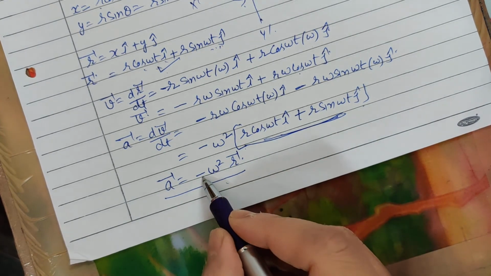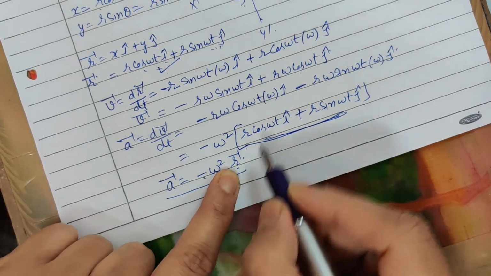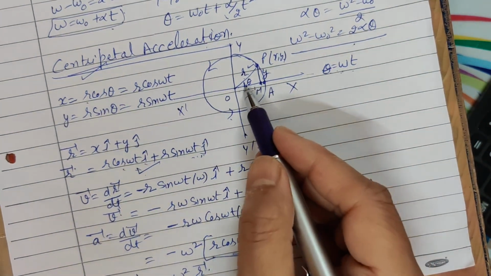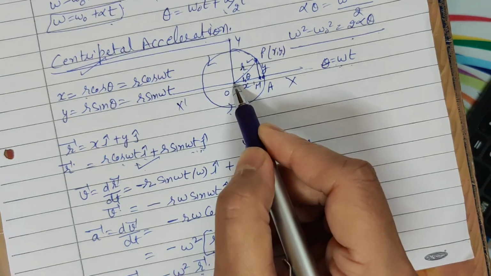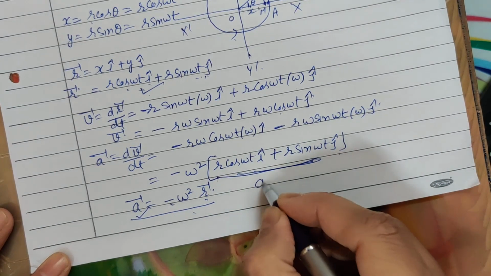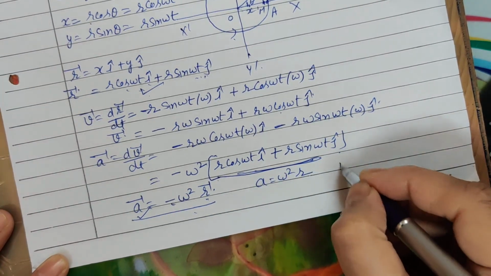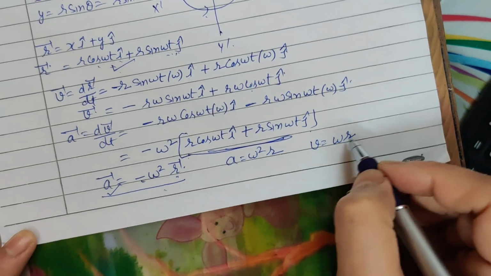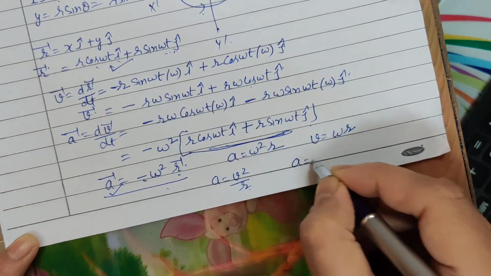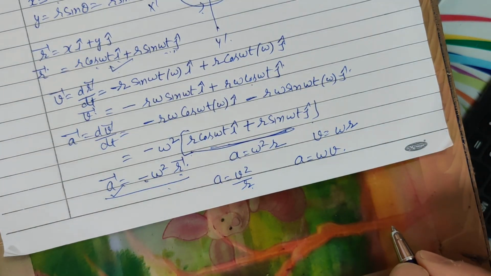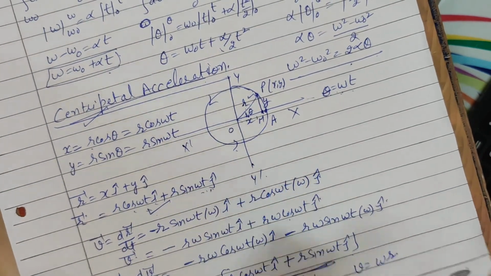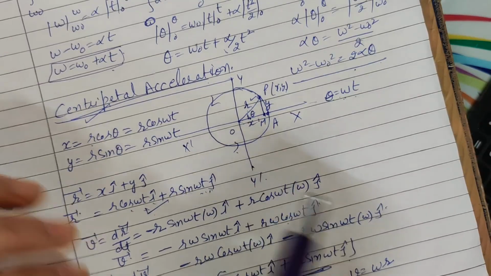This is called centripetal acceleration. The negative sign means the position vector is outward from the circle, and this acceleration is towards the center of the circle, along the radius. This negative sign signifies this. In magnitude, we have the relation v equal to omega r. So by using this, we have v square upon r, and one more thing, this is also written as omega v. So this is called the centripetal acceleration. This is the one method where we use the position vector concept to derive this.